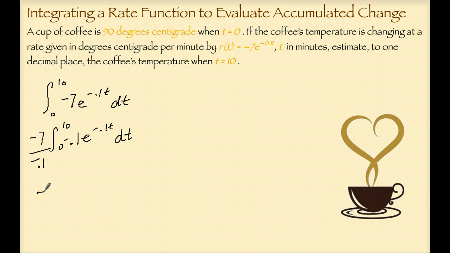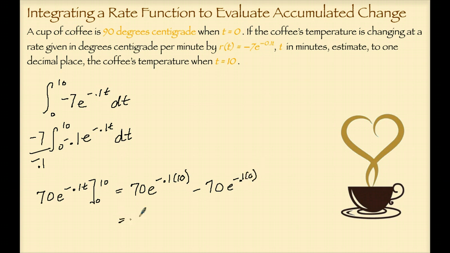This means that I'll have 70 e to the -0.1 t from 0 to 10. Inserting the upper endpoint of integration gives me 70 e to the -0.1 times 10, and then inserting the lower endpoint of integration, 70 e to the -0.1 times 0. This becomes 70 e to the -1 minus 70, which is approximately equal to